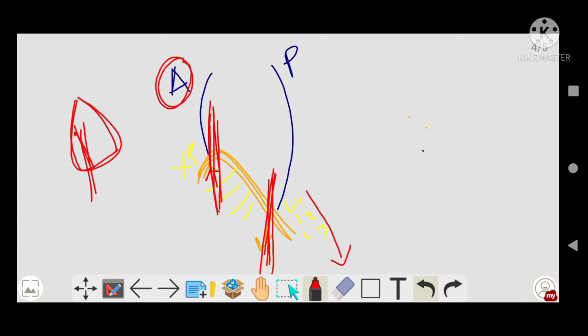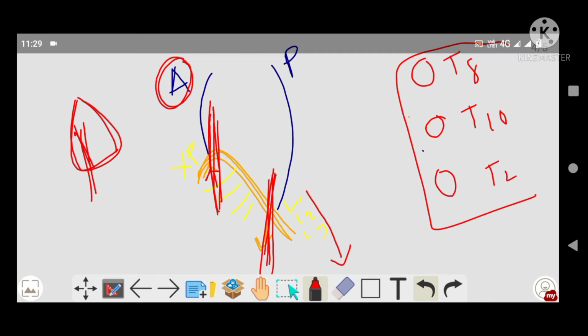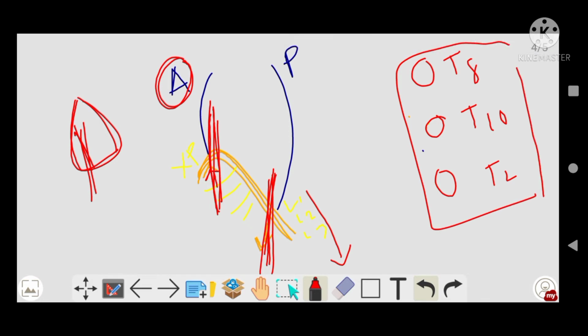So when I say the openings of the diaphragm, there are actually three openings. One is on T8, T10, T12. These are your major openings of the diaphragm. So of course, with this diagram you can understand that T8 is supposed to be there only. If I say T10, it will be here, and if I say T12, it will be here, because after that there is L1, L2, L3, correct?